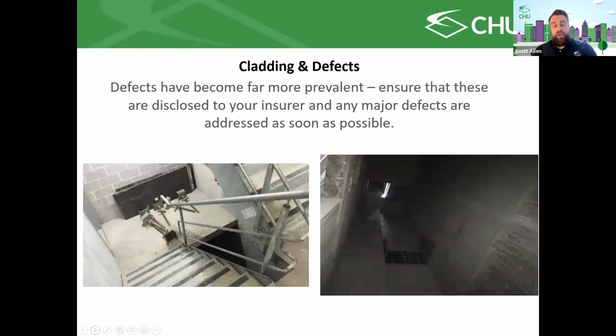All of them are part of their jobs, and they need to be taken to task for it. It's not always easy, but that's something for them to do, and it shouldn't impact you or your insurance. So that's why there is a line between the two. But we do need to know, because many of these can have flow-on effects. And excuse the pun there, they can really have flow-on effects, especially when they let in water. If they let in water, it can be catastrophic for the building. So knowing what they are and trying to fix them as quick as possible is the key to any defect.